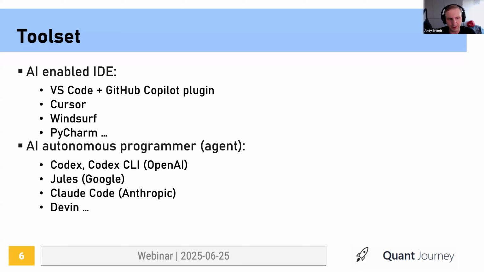So the idea of AI Autonomous Programmer is that we don't even focus on looking at the code directly anymore. We focus on the architecture and on what we want to build, and the agents are working in the background and building it, right? So far, I have mixed experience with those tools. I think the best right now is Claude Code.